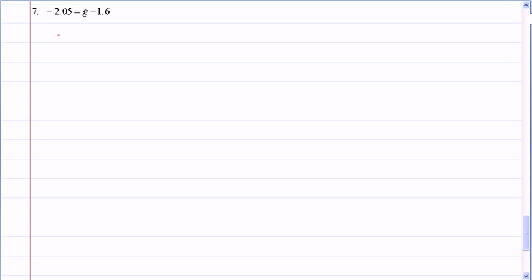For number 7, negative 2.05 equals g minus 1.6. So to solve for g, I'm subtracting a 1.6, so I add 1.6 to both sides of the equation, and negative 2.05 plus 1.6,